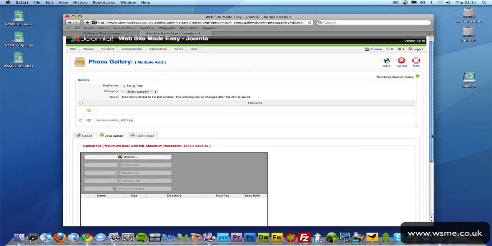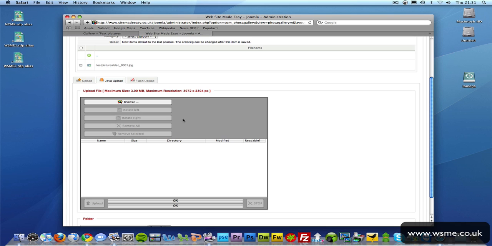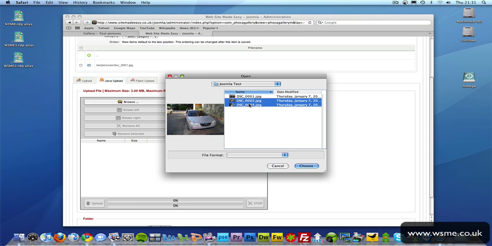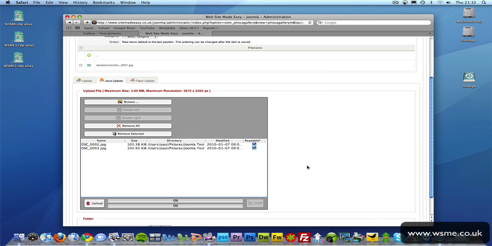and you'll see this box that appears at the bottom. Click on Browse, and then we need to find the picture that we want to use again on here. So if we go into our folder, we'll add the two bottom ones. What you need to do to select multiple images is click on the first image, hold down the Shift key and click on the last image. Click on Choose, and you will now see the two have been added into the list. When you're happy with this, click on Upload,